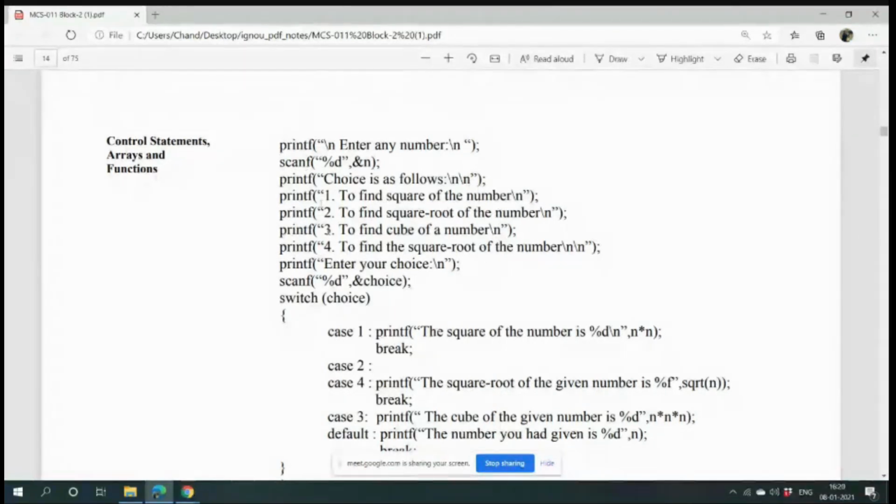If he selects 1, the program is done in such a way that it will find the square of the number. If 2 and 4 are used, then they find the square root of the number. If 3 is used, they follow this. And if, instead of 1 2 3 4, you select any other number, then this default part will be executed. Okay, look carefully, here I am ending the class, it's already